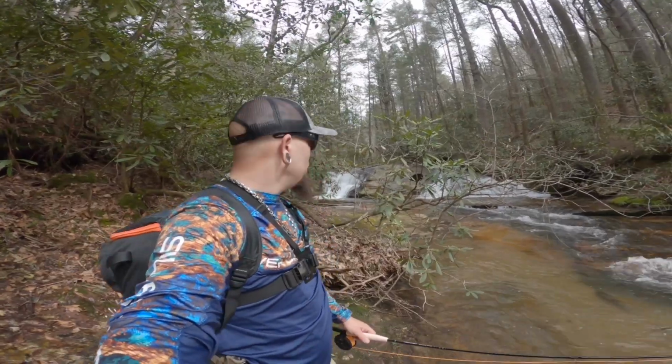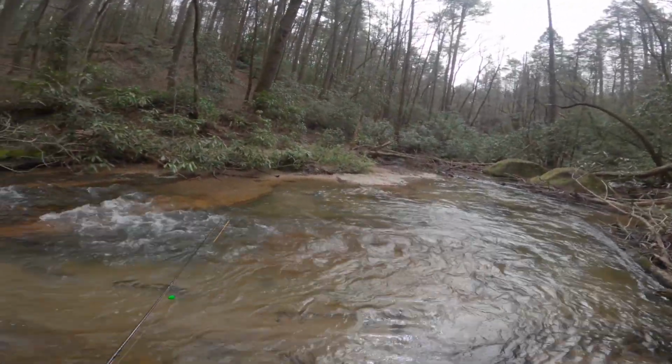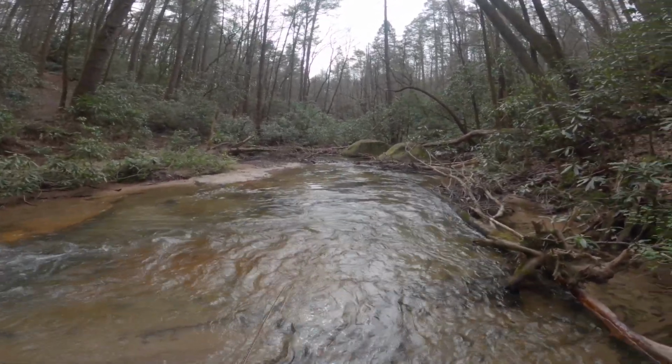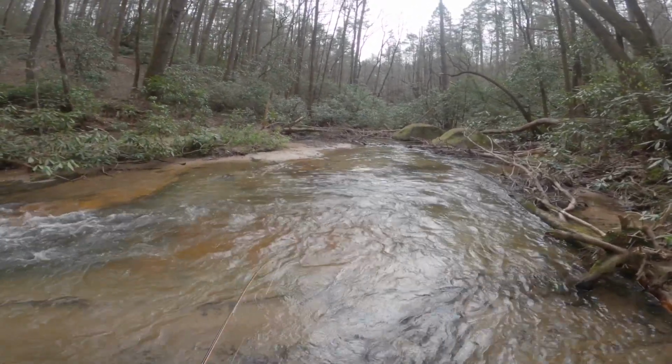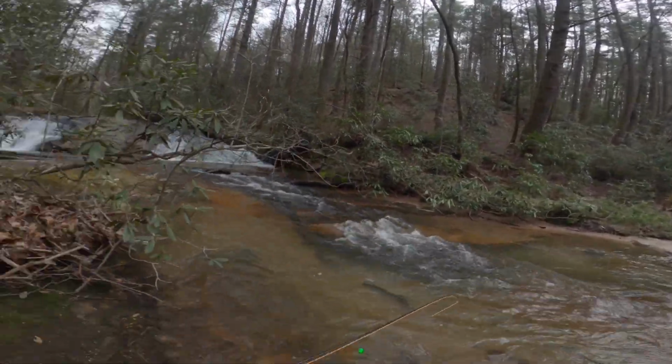So I've worked my way down below this waterfall, fished a little bit right in here. I really want to fish that pool up there in front of that rock. The problem is I really can't go anywhere on this side unless I get absolutely soaking wet. I don't have waders. All I've got is these